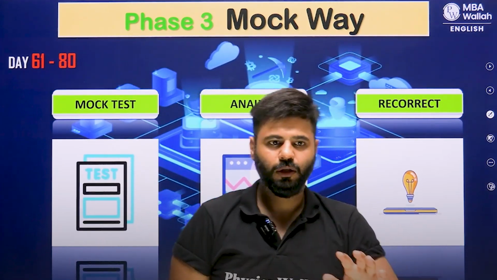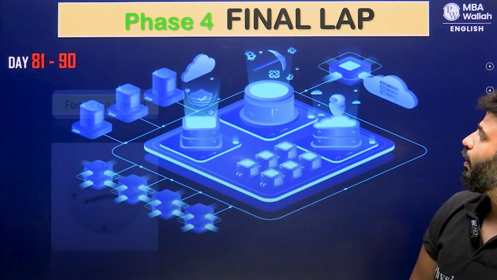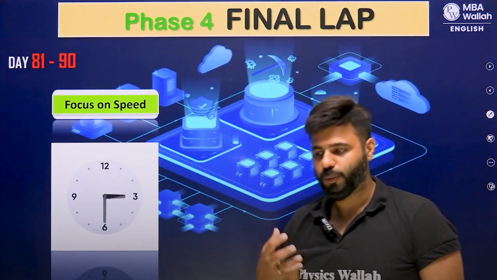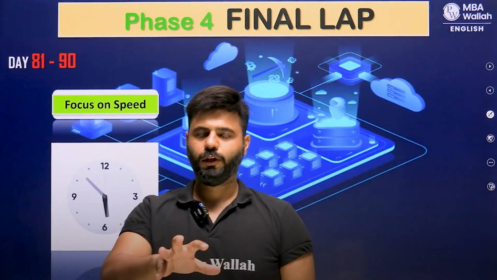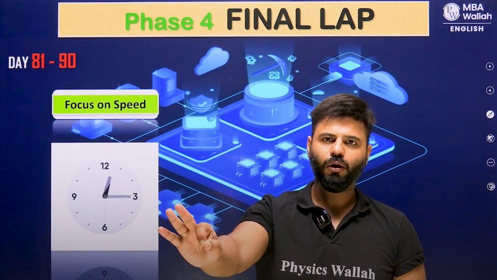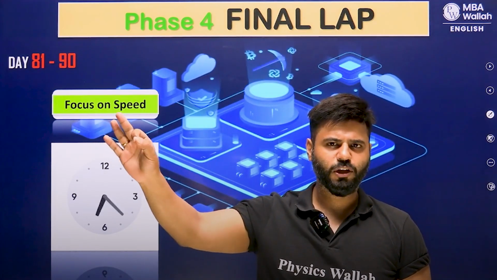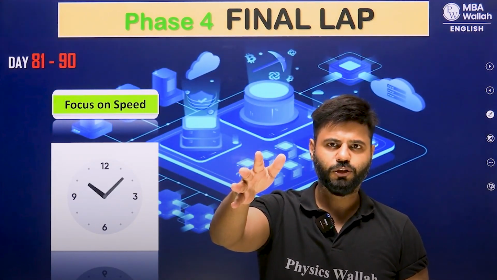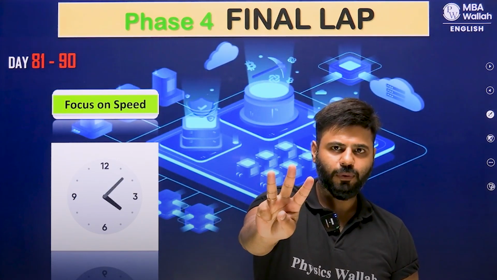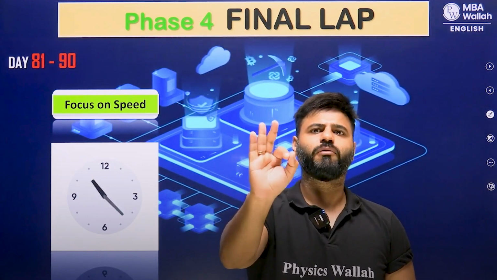Alright. So now we are done with phase 3 as well, and then comes phase 4, when we focus on speed. 10 days you would take when you focus on speed. Here you decide, okay, these are the 5 topics which I'm very confident at now, which I'm able to do in each and every mock. Let's bring those on time, so that if I'm able to do those 5 questions at, let us say, 100 seconds per question or 2 minutes per question, 10 minutes, 5 questions are done. And now I have 30 minutes and I just need around 9 to 10 questions. So now I have 3 or more minutes.